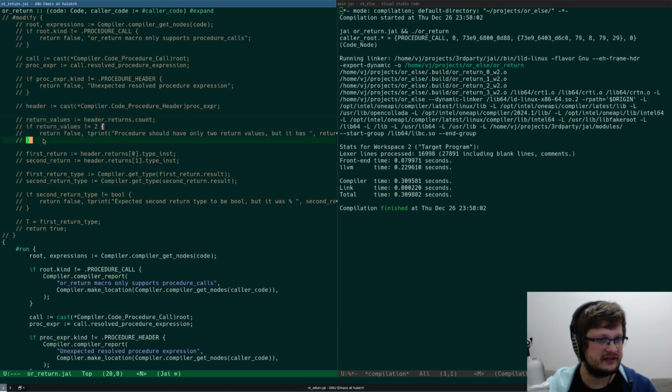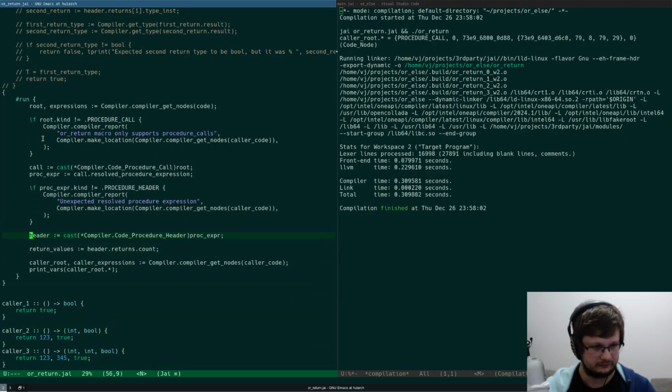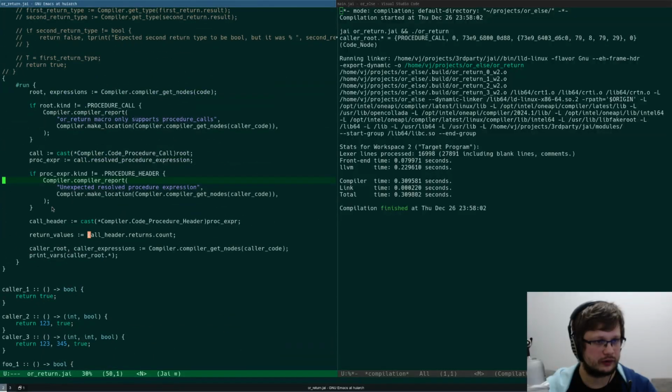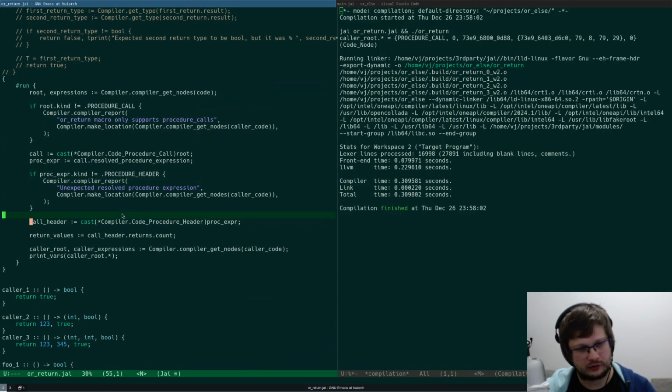So we already did all this work on the procedure header here, like call header, no, code, what do I call it? Code proc header.